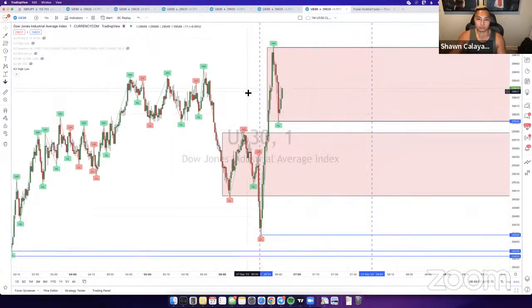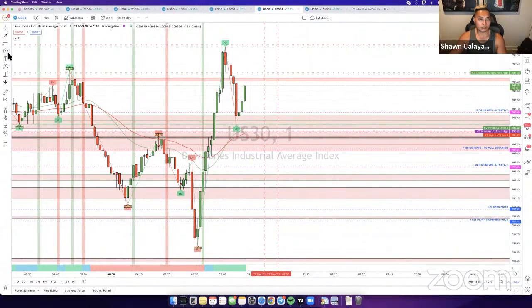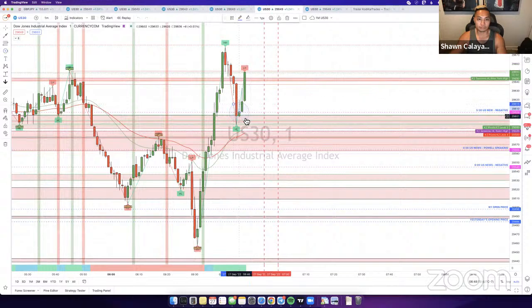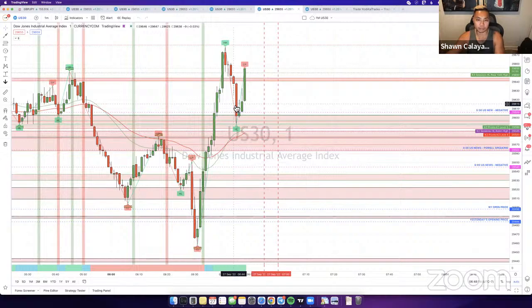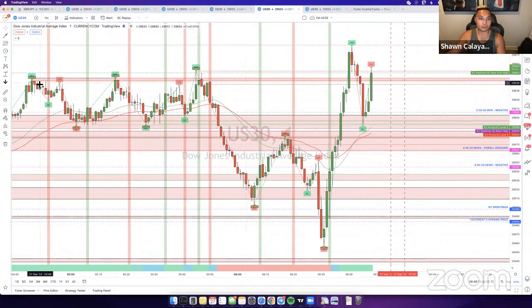So we'll see where this goes as price continues to move around right here. This is exactly why you don't want to trade at news price. You guys can see exactly where price reversed from. News price, right? Or not even news price. You can just look at these horizontal lines. If you just look at where the lines are, price reverses from them